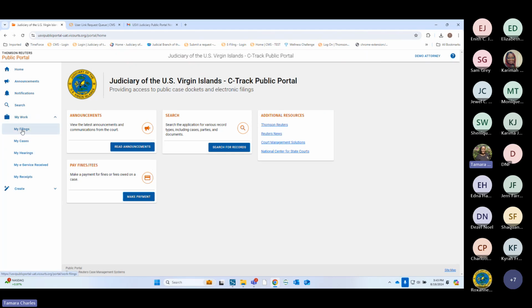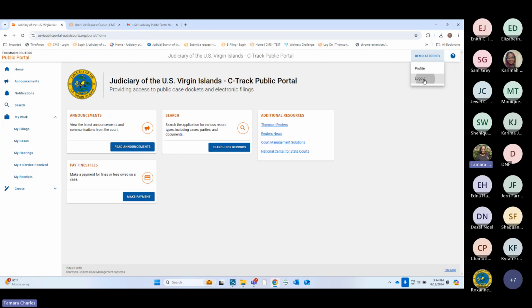I'm going to urge you, as I said, this is not necessarily training. We expect that you go through these tabs and try to test as many things in the tabs and all the different things as possible. I don't want to show you everything because I want to leave some of the things up to you to test so that you could give us some feedback on it. But for the most part, this is me as the attorney, and I'm looking at my filings, my cases, and all of the other things related to me as the attorney.